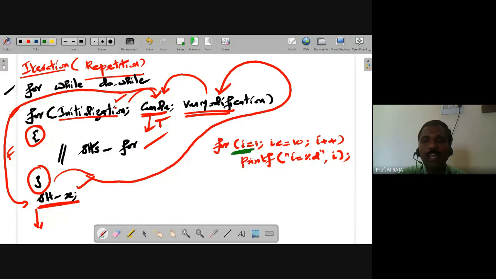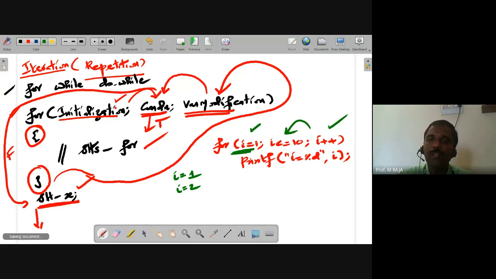I is initialized to 1 one time. Then it takes the condition 1 less than or equal to 10, the condition is true. So the value of I is printed, I is equal to 1. Then variable I is incremented by 1, I becomes 2. Then it checks the condition, 2 is less than or equal to 10, the condition is true. So I is equal to 2 gets printed upon the execution of this printf statement. Then I is incremented by 1, I becomes 3, 3 less than or equal to 10, I is equal to 3 is